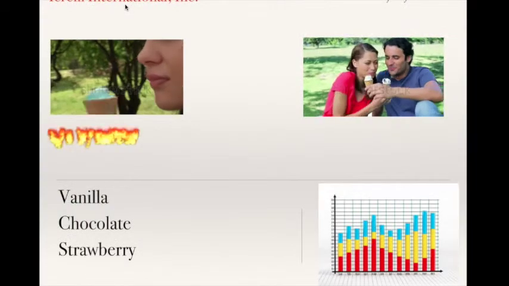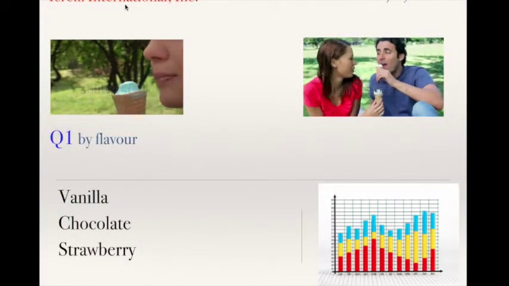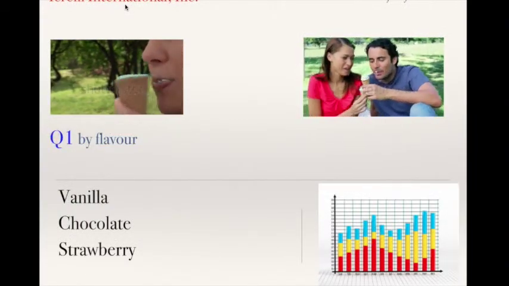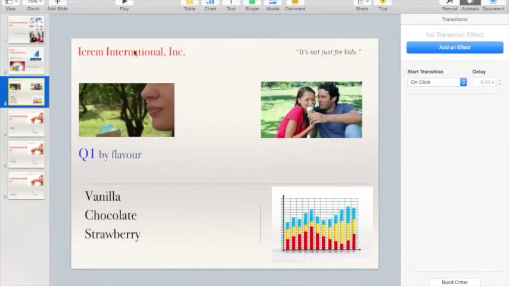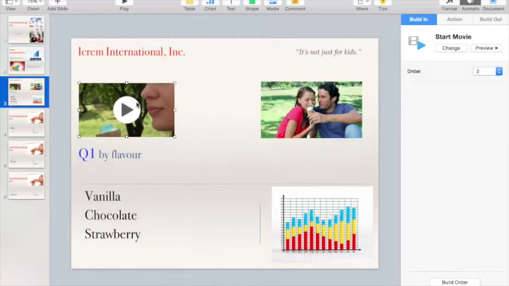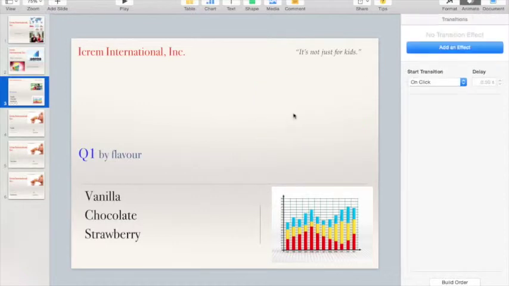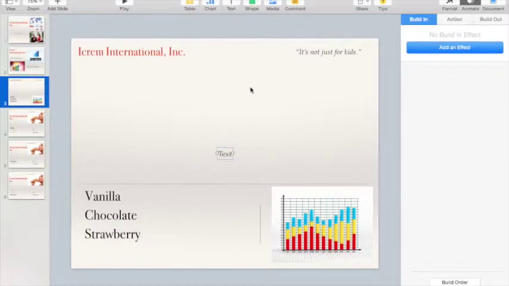So the end result is going to be both movies playing as Q1 by Flavor is animating with a flame animation. So I'm going to delete the movies so that we can recreate them, and the text box, in order to recreate this example. So we start by putting in a text box, putting in the text Q1 by Flavor. We will position it